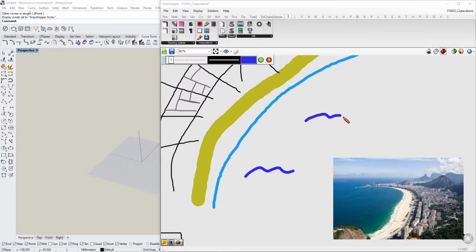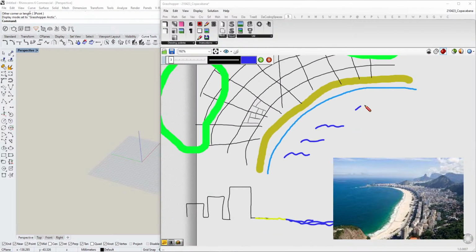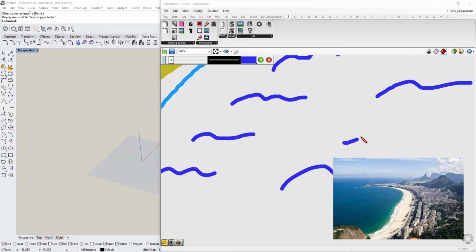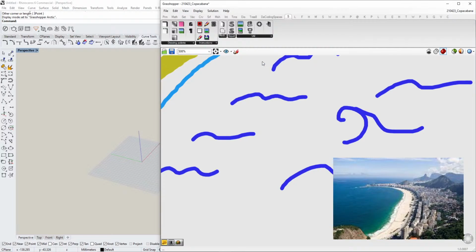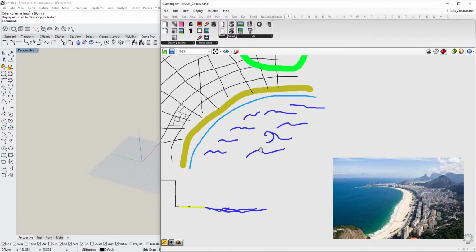And waves. Because Copacabana beach, huh? Copacabana. Good. Now that we have that,